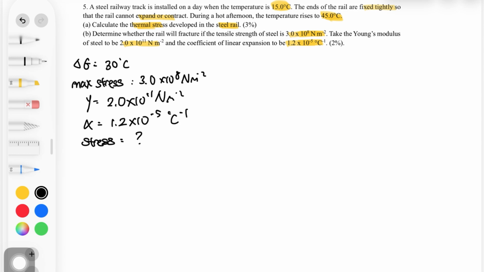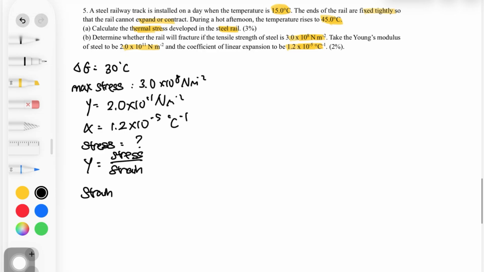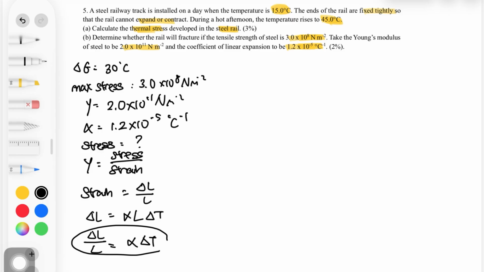So we want to find stress. The Young modulus formula is stress divided by strain. In order to find stress, we need the Young modulus and strain, but we don't have the value for strain. So what is strain? Strain is actually delta L over L. By using the coefficient of linear expansion, change of L equals alpha L delta T. So change of L divided by L is alpha change of T. By using this formula, we can find the strain